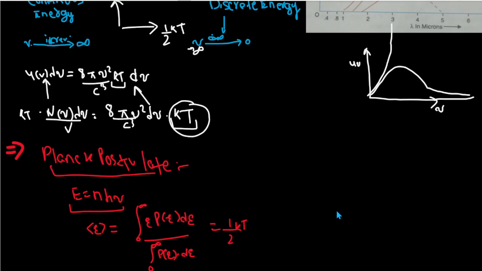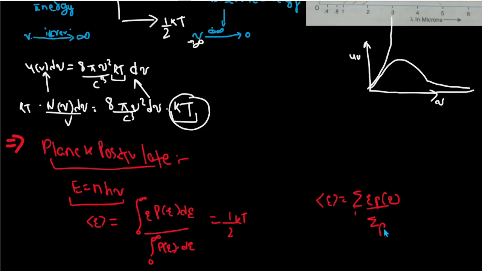What Planck did was treat this quantity in the summation form, which can take only some particular integer values: the summation of E P(E) divided by the summation of P(E). So he did this summation,